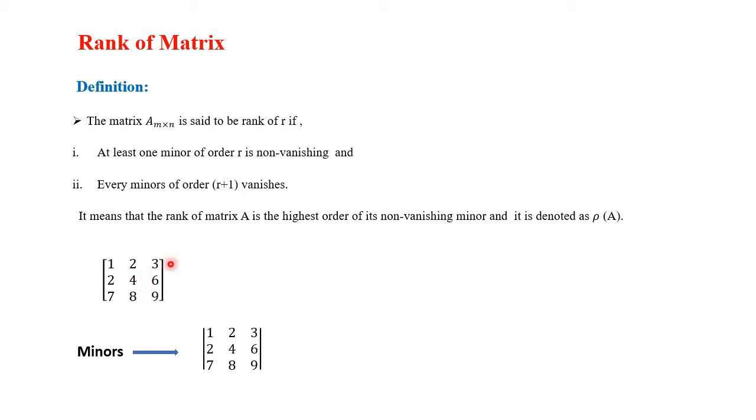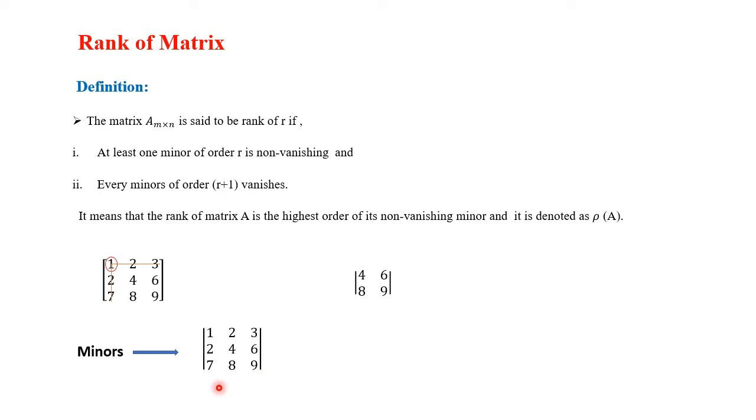Now we will consider the example. Suppose we consider this first element 1, then the minor corresponding to that element is obtained by just deleting the first row and the first column. So what will be the minor? This is the minor and this is of order 2. Now this matrix has one minor of order 3 and 9 minors of order 2. Now we will solve the minor of order 3 firstly. How to solve this minor?